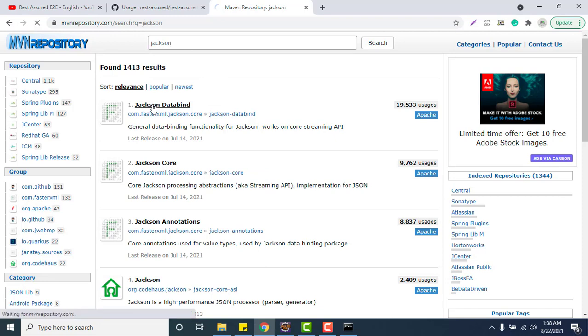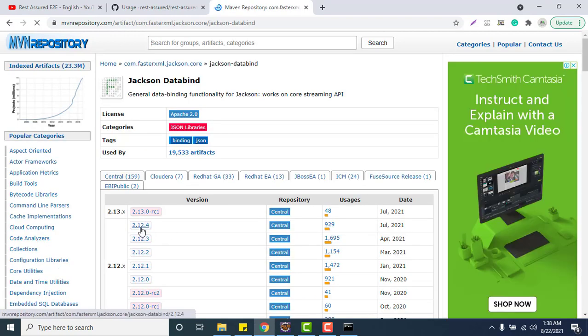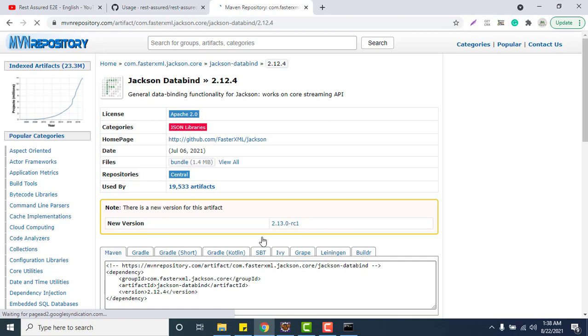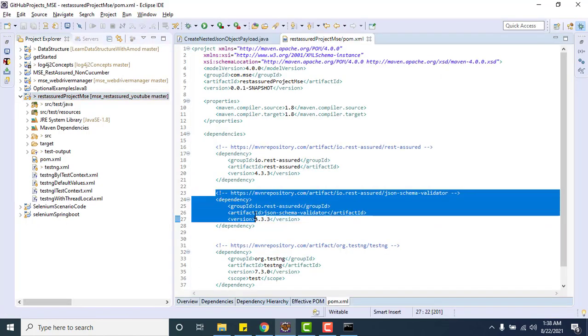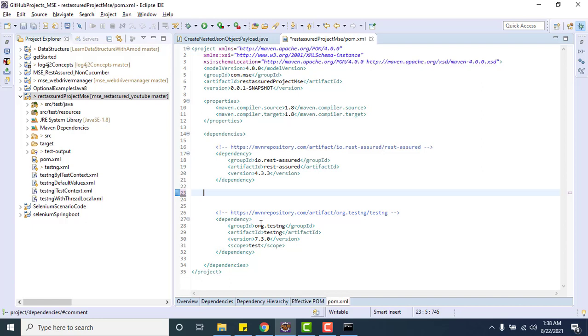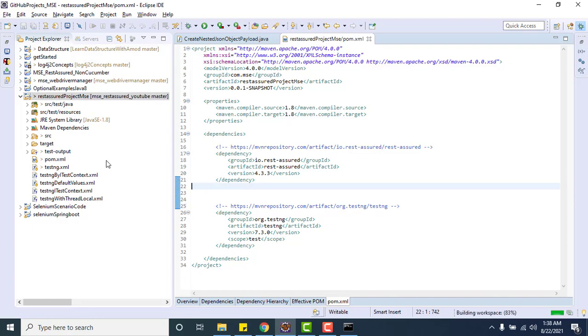Remember, once you add this Jackson data bind, the other two dependencies, Jackson core and Jackson annotation, are automatically added to your project. Let me copy the stable one, 2.12.4. I am not using the RC one. I will remove this one and update the project.